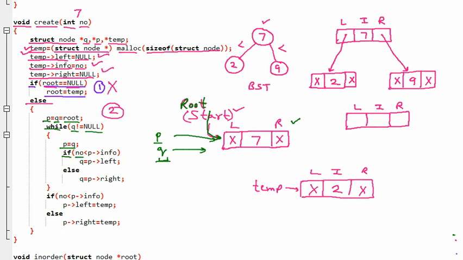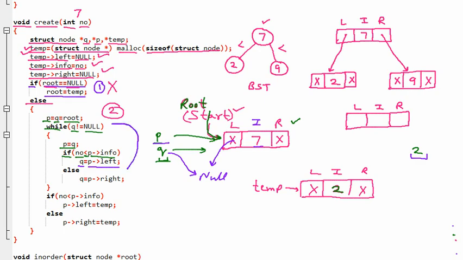If the number which we are inserting is 2, if number is less than P info, so number means 2 is less than P info, this is the info part, which is 7. So 2 is less than 7, true, totally correct. So here Q is equal to P left. So that means P left, where is P left? P left we have is null. So here Q is now pointing to null. That means Q's position is now changed.